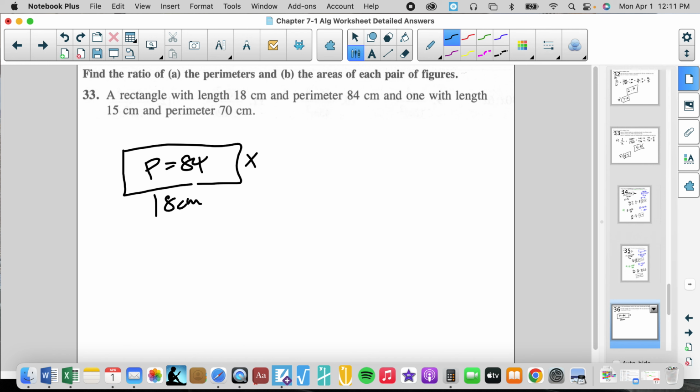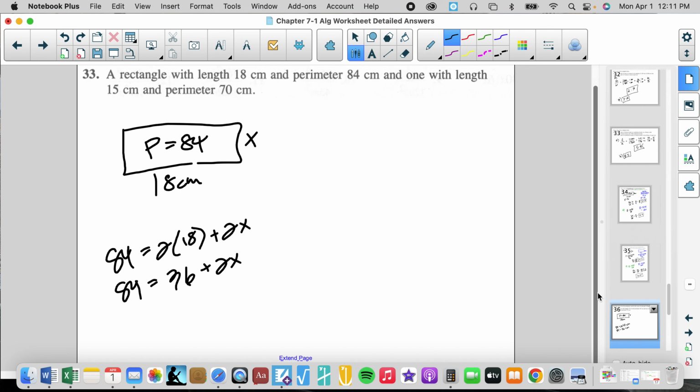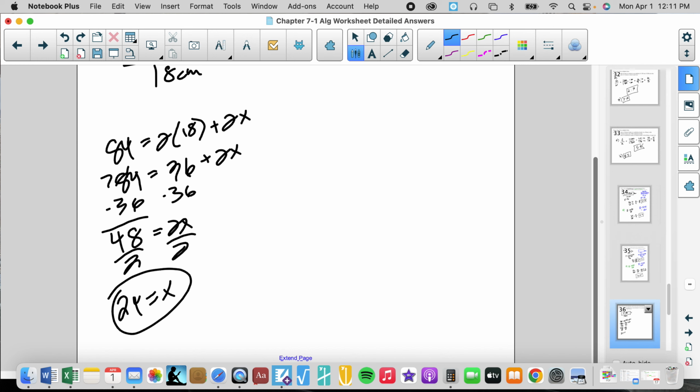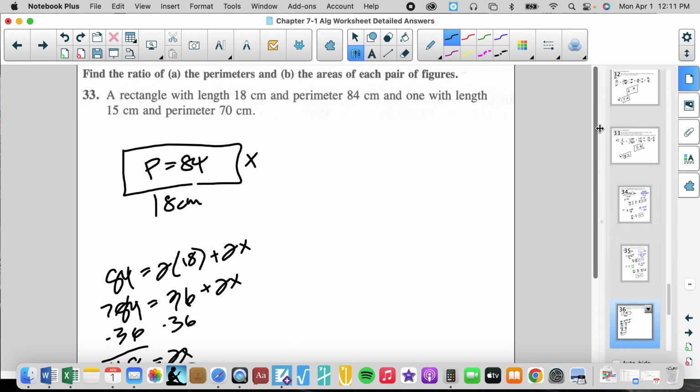So 84 equals 2 times 18 plus 2 times x, which is 84 equals 36 plus 2x, minus 36. 48 equals 2x, divided by 2, and we get 24 equals x. So one of the sides is 24